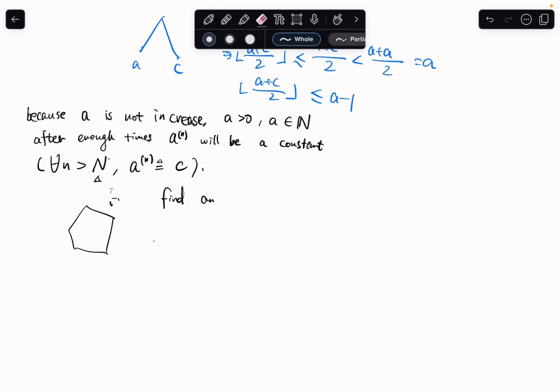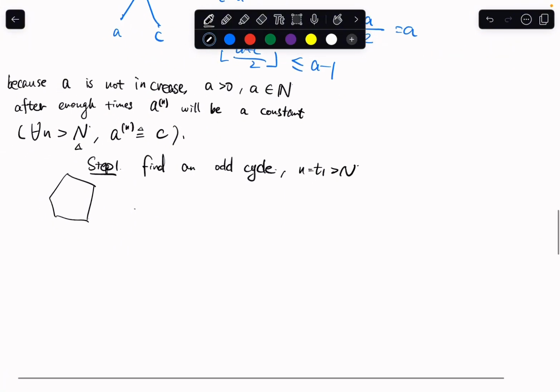First step 1: find an odd cycle. Then we cannot be sure that all of the points of them must contain a C. So find an odd cycle, and we just let n equal t1, which is greater than n, and